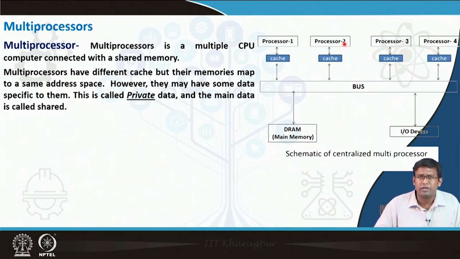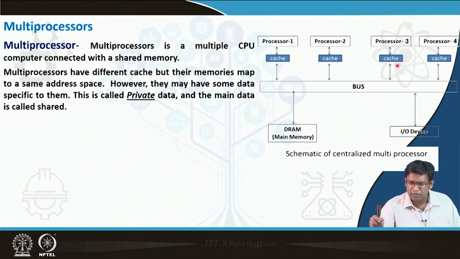We will look into private data when we see threaded parallelization and especially OpenMP programs, but the main data is shared. You can think of a joint account: the main amount of money is visible to everybody, but everybody can have some amount of cash in their own money bag. So, there is also some flexibility to maintain some private data which is not visible to all the processors. Processor 1's private data is separate from processor 2's, but the main data is in this memory and visible uniformly to all the processors, and this is again called a